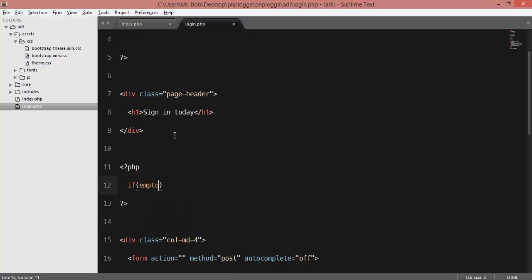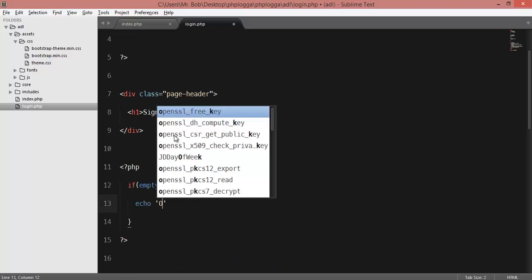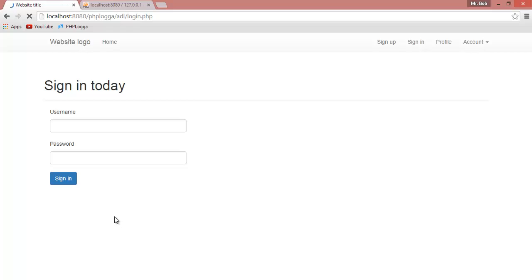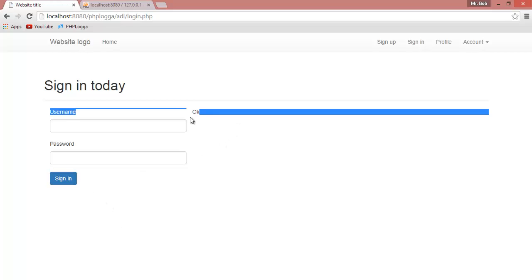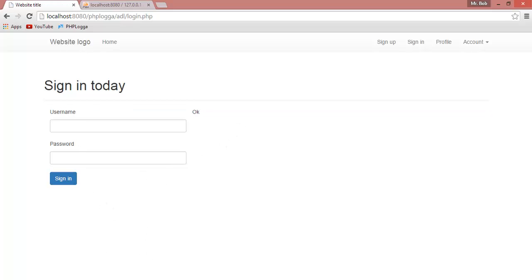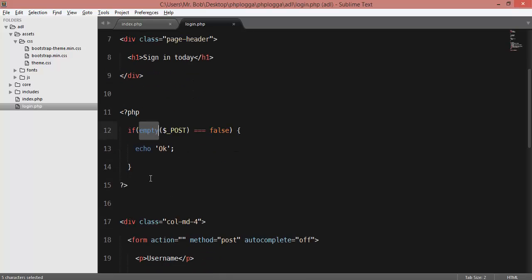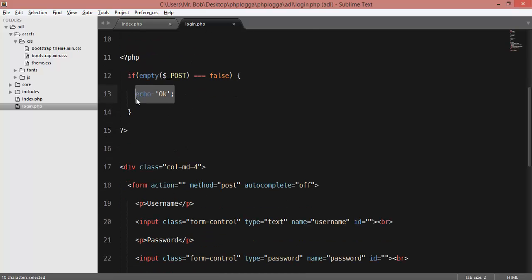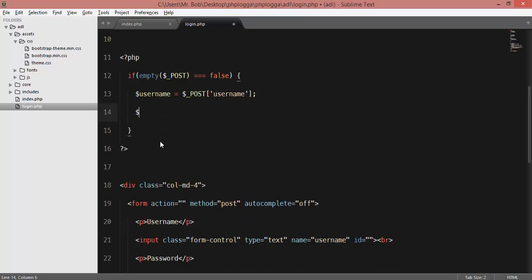if empty expose false, then we echo okay for now, and see what we get. Okay, that is cool. So that means we can already go on moving. So username and password